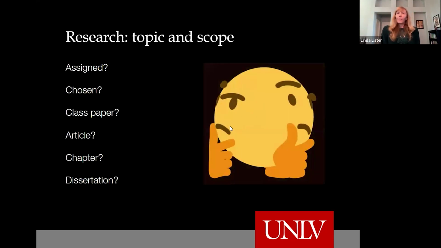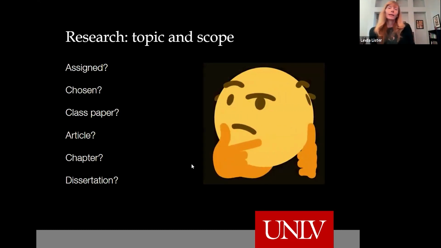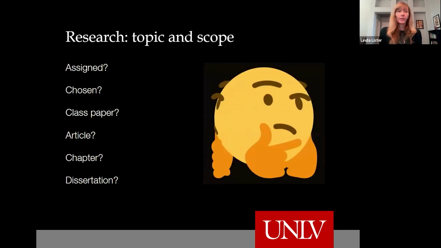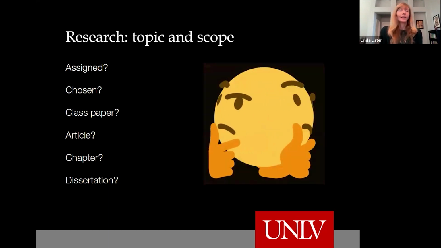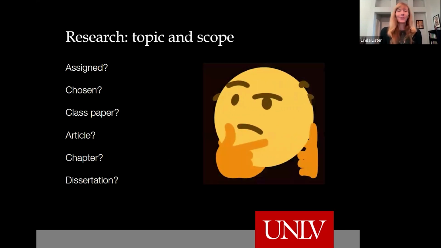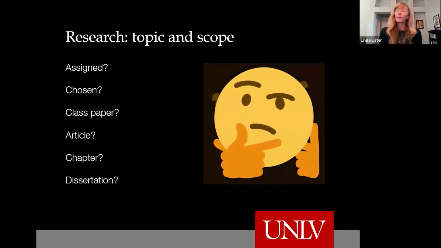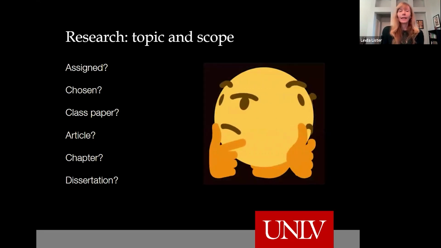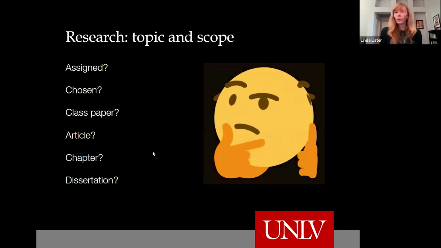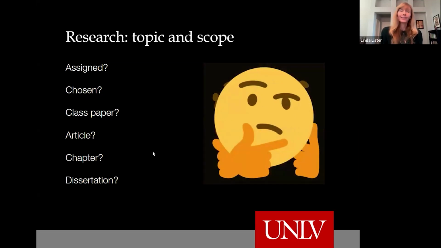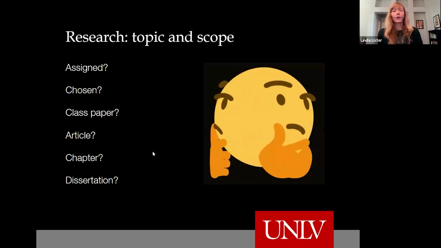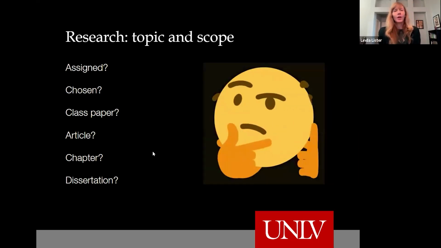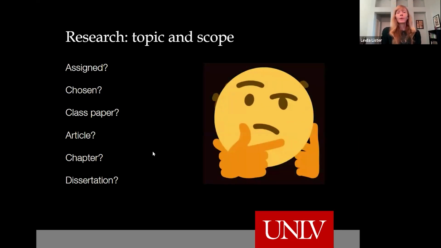So I assume people are having a great time in the boot camp and you're planning a research project. It could be a topic that's assigned to you by a professor, or it could be something that you've chosen yourself. So that obviously will have an impact on your research and your writing. And then, of course, is this a paper for a class, a course you're taking? Is this an article you're hoping to submit for publication? Is this a chapter of a book that you, again, hope to submit to or have been commissioned to do? Or are you working on a larger project like a thesis or a dissertation? The D word, right? So first of all, you have to figure out those parameters.